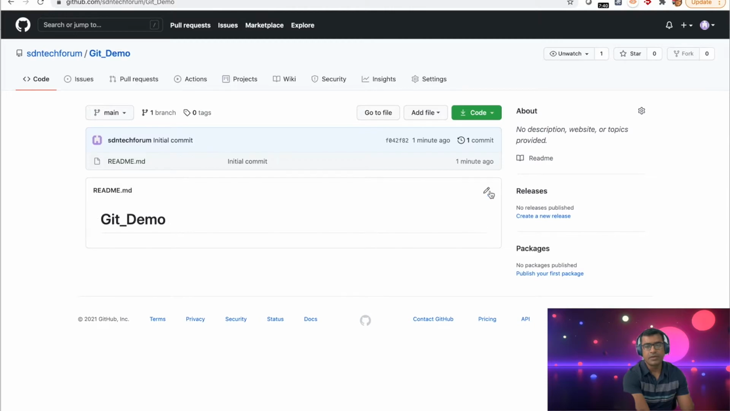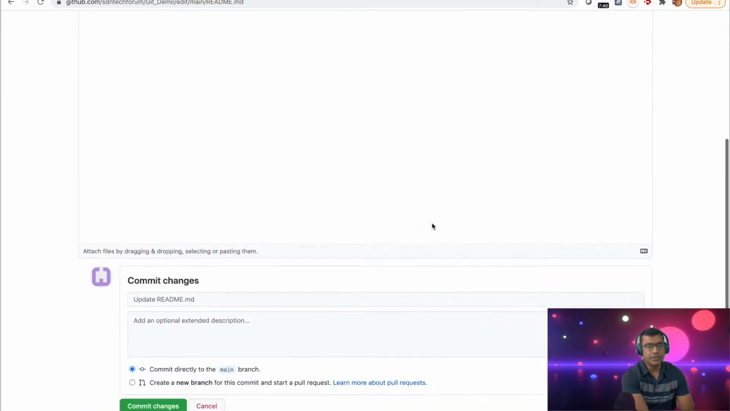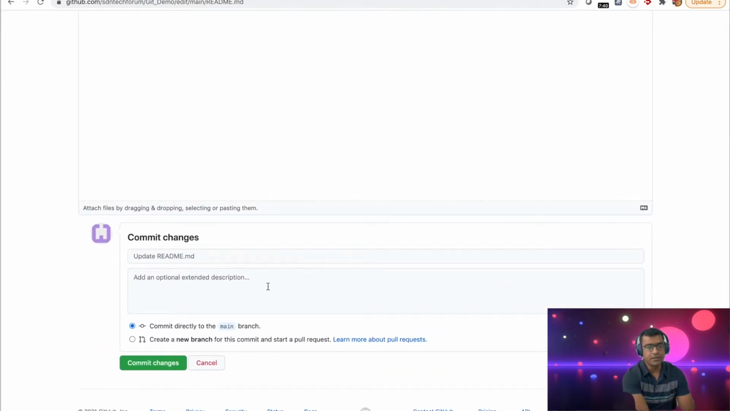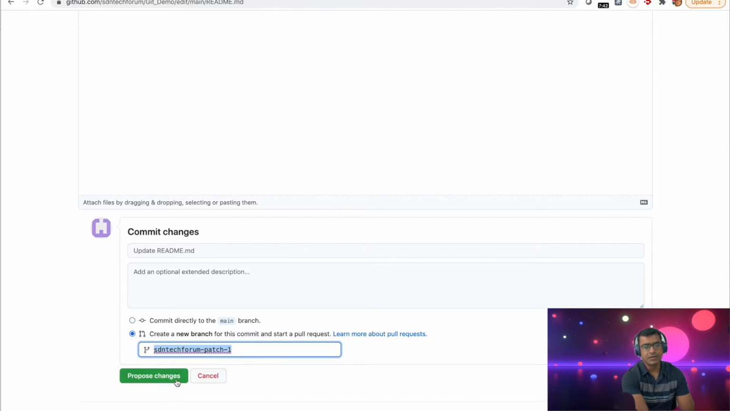and we are going to edit this readme file and we will say git demo, this is a new branch, and I'm going to say commit changes, updated readme, and commit directly to main branch or create a new branch. All right, so I'm going to say create a new branch and I'll say propose changes. All right,